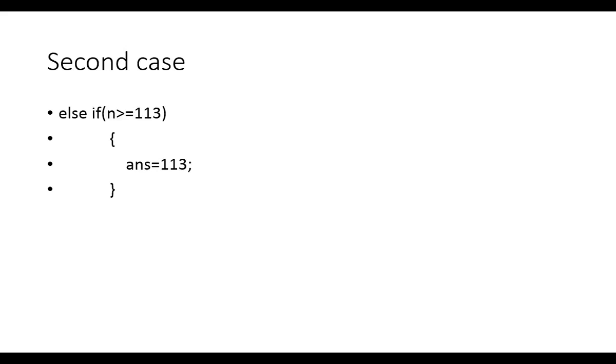And if it is greater than or equal to 113, and 113 is the last prime number, so if anything is greater than that, then 113 will be the nearest one. So these are the two things that we should keep in mind: if the character is A or B, then that will be replaced with C only, because C is the first prime number as ASCII value. And similarly, if it is greater than 113, that should be replaced with 113.